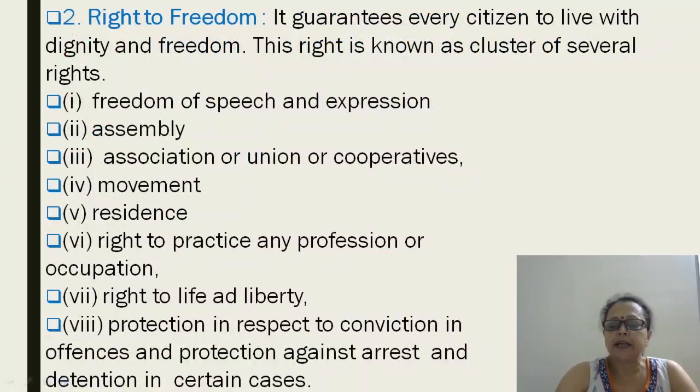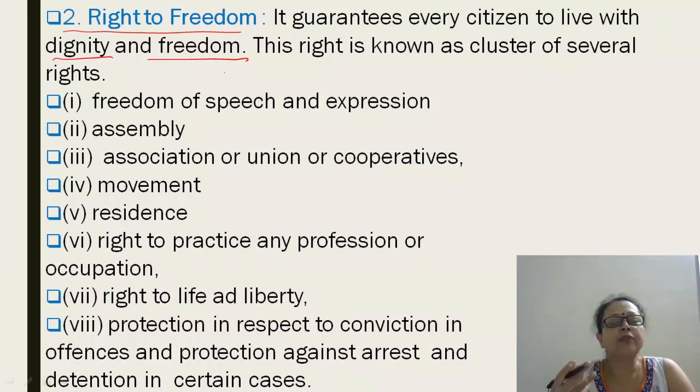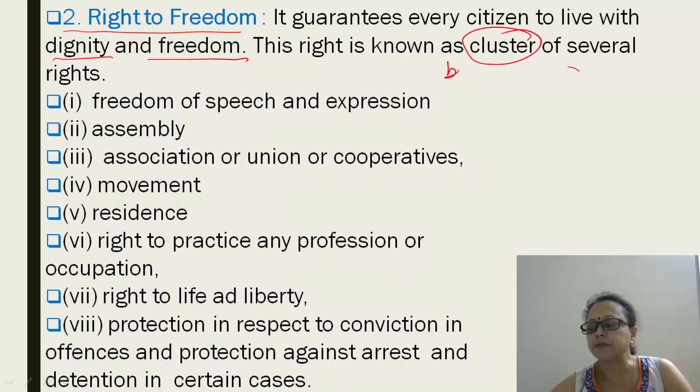Right to freedom is another most important fundamental right, which comes as the second category. It guarantees every citizen to live with dignity and freedom. How to lead a dignified life? What is the requirement? Along with the freedom, this right is also known as a cluster, a bunch, a group